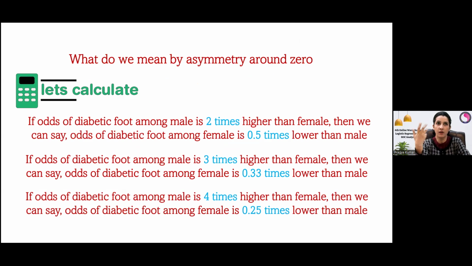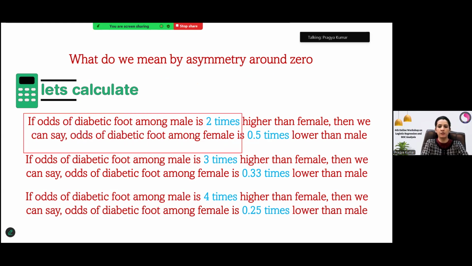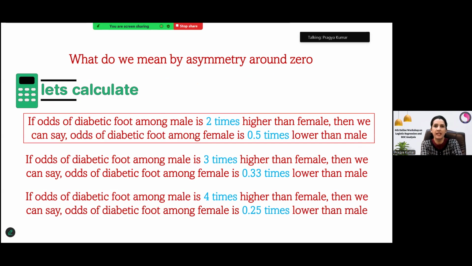If I say that the odds of a diabetic foot in male is 2 times higher than female, can we say that the odds of diabetic foot in female is 0.5 times lower than males? Because if we change the reference category, we do 1 divided by that much odds. If it is 2, then for a female I can write 1 by 2, which is 0.5. Similarly, if I say that odds of a diabetic foot in male is 3 times higher than females,